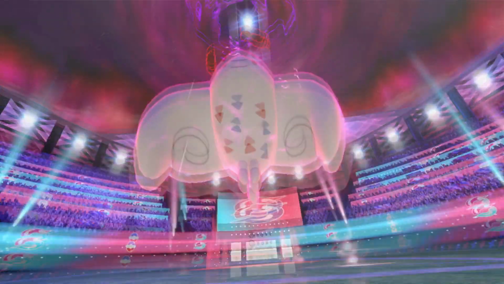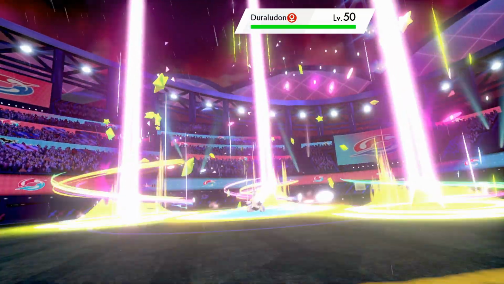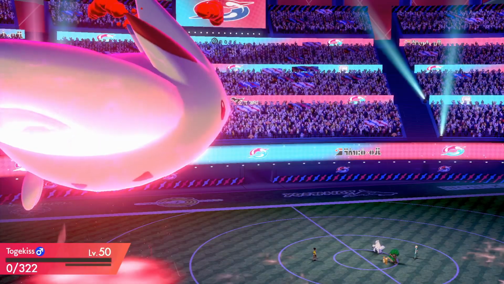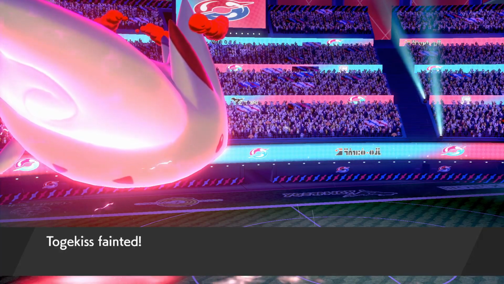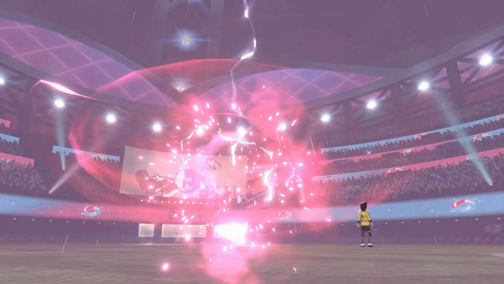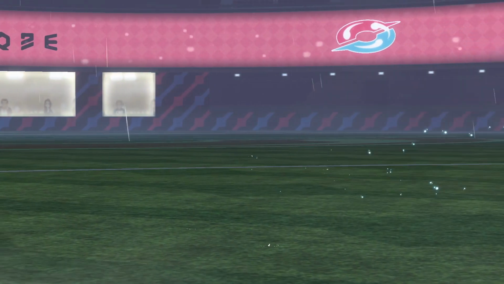So we get this max Starfall off. If this crit, we would have just killed straight up here, but unfortunately we don't get the crit. We don't have Scope Lens, we have Safety Goggles, so it's not a 50% chance to crit. There we go, Togekiss is taken out, which is fine, because now we bring in Rotom with the rain here,